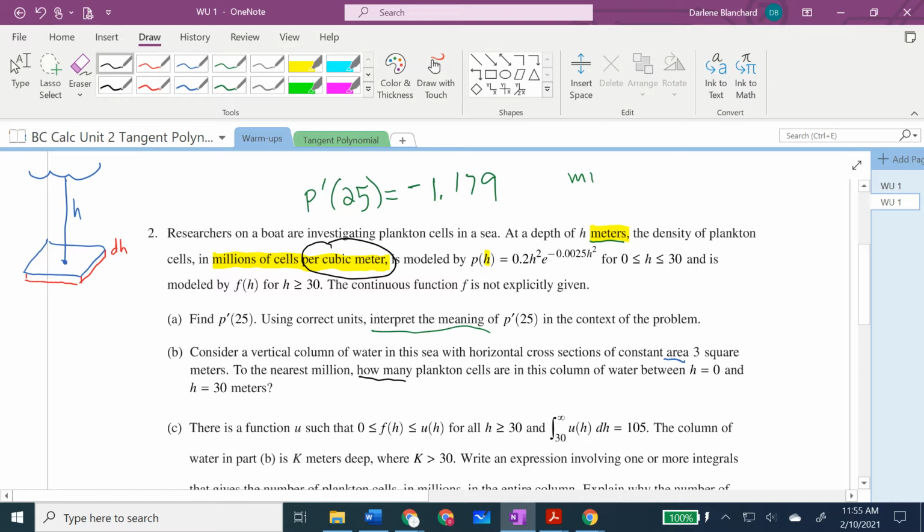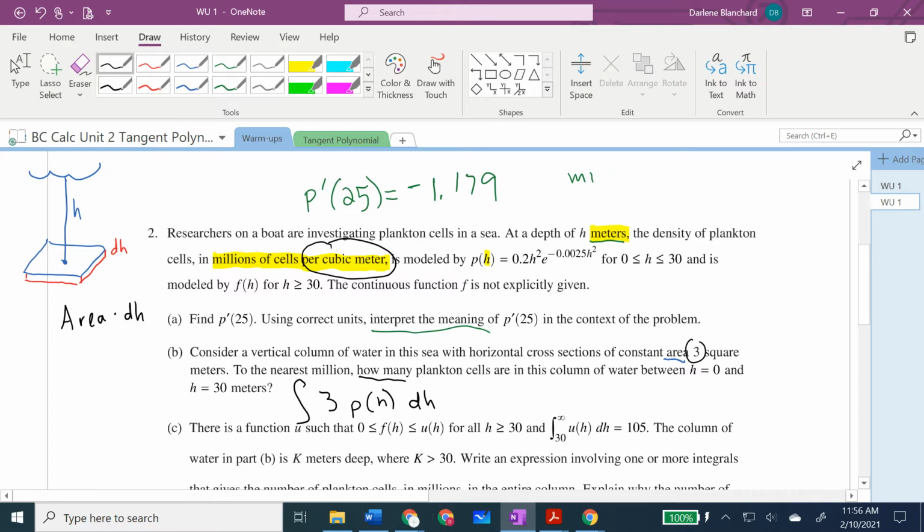We need to multiply the density by the volume to get quantity, but the volume is the area multiplied by the tiny dH. And the area was flat out given as 3. So 3 times dH is the volume, multiply that by the density, and then add all of those together